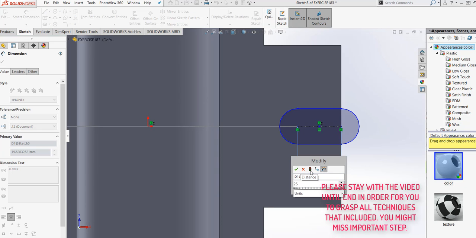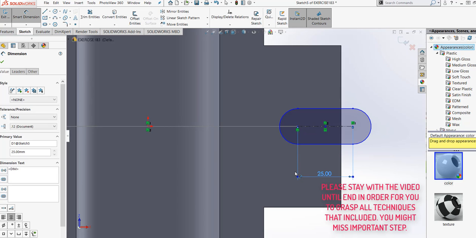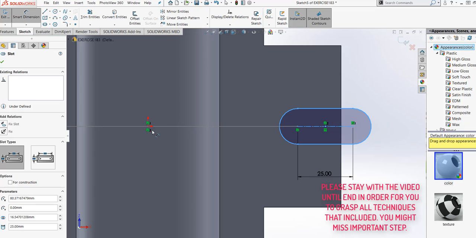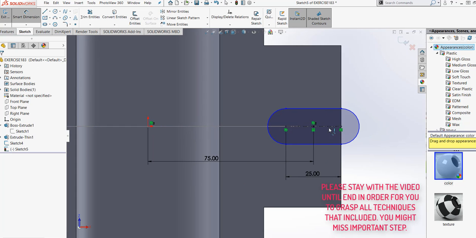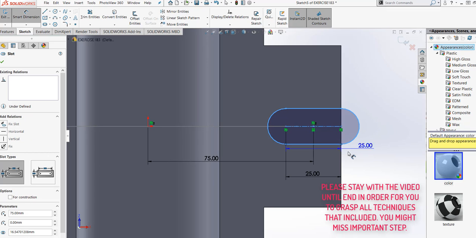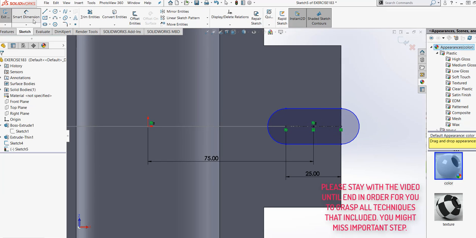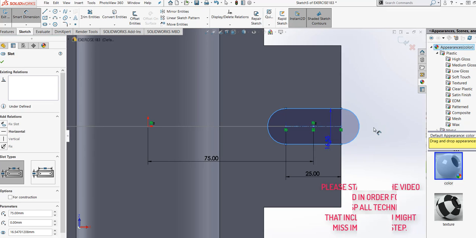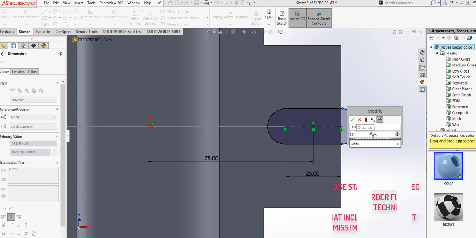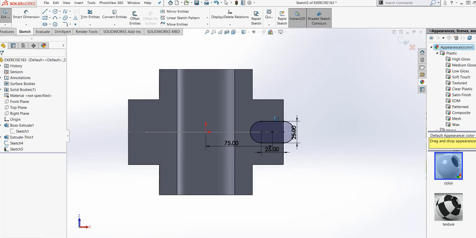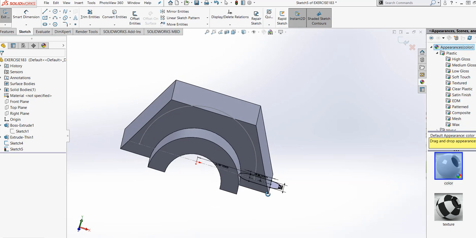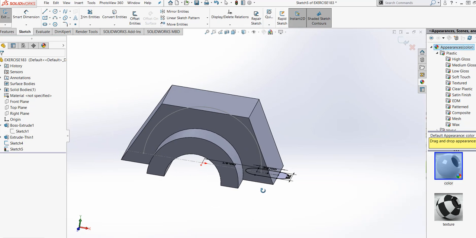25. Regenerate. From here to here, let's say 75. From here to here. Let's do the dimension from here to here, so it will be 25 also. Regenerate. Now it's clear that you can generate now